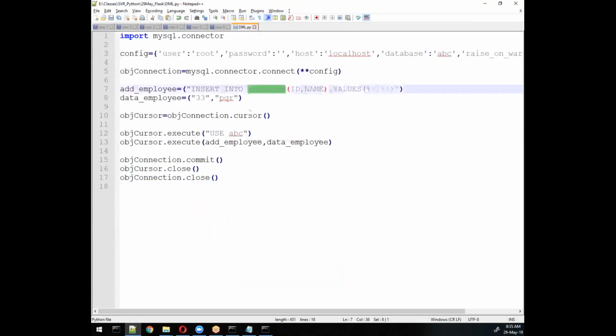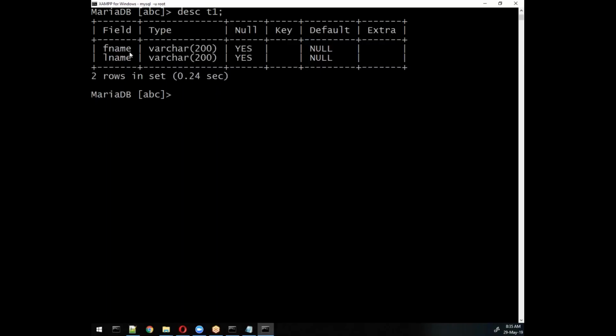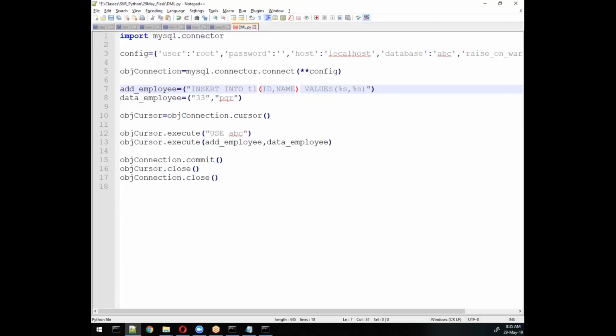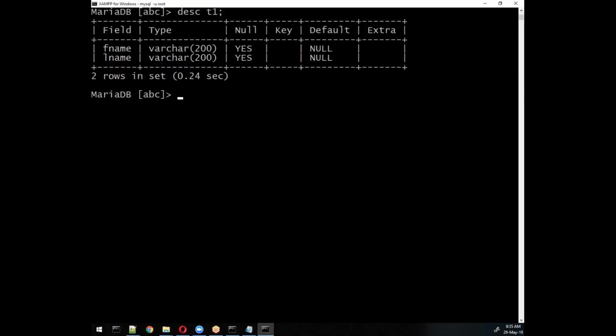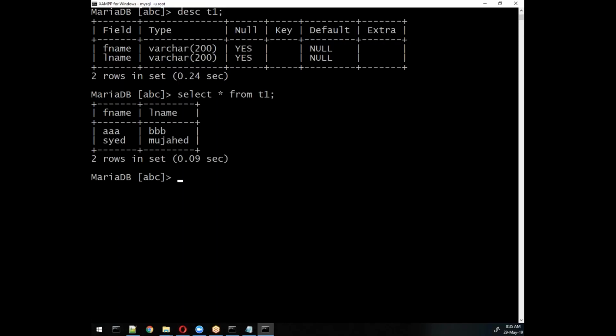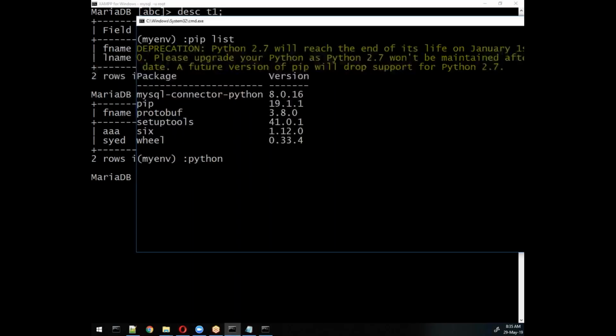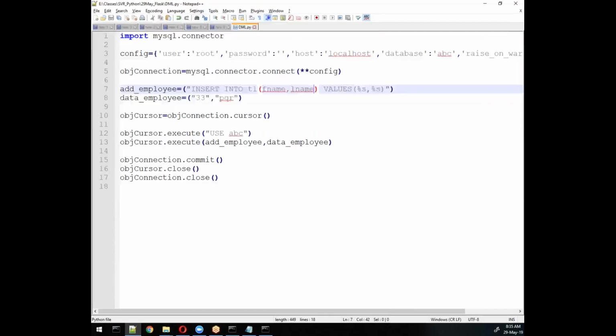I'll write here T1 and fname and lname, two names we will write here. Okay. So now we'll check how many values are available here. SELECT from T1. Only two values are available. Let's try to run the program, DML, and whatever value we specify, we will check with these values.